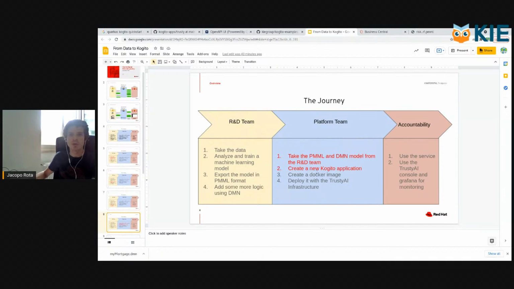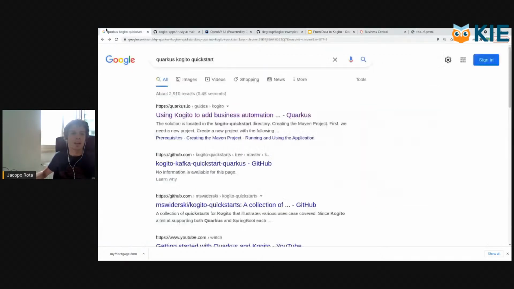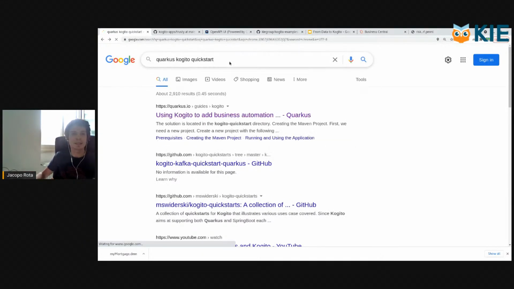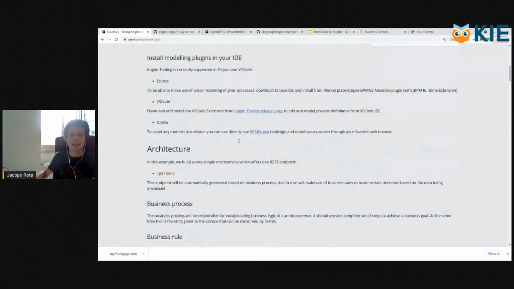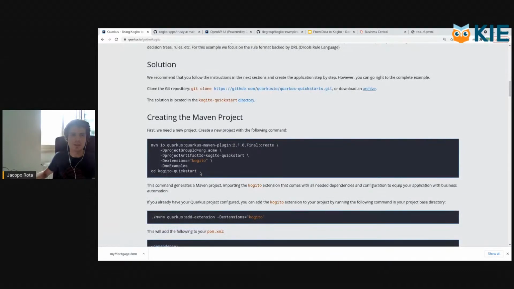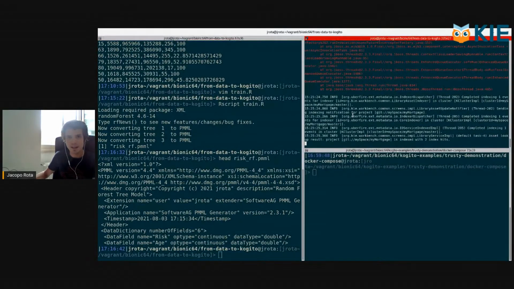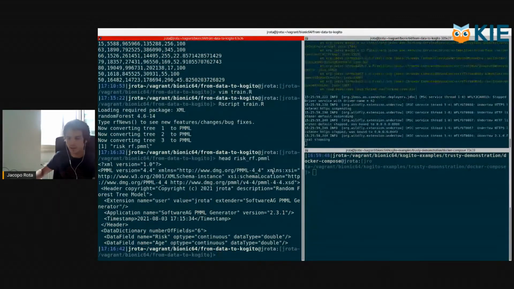And now we have to create the Kogito application. If you want to use the Quarkus Quick Start, you can simply Google for Quarkus Kogito Quick Start and go to the Quarkus page and use the Maven archetype to create your Kogito project. So let's do it. I open here my editor